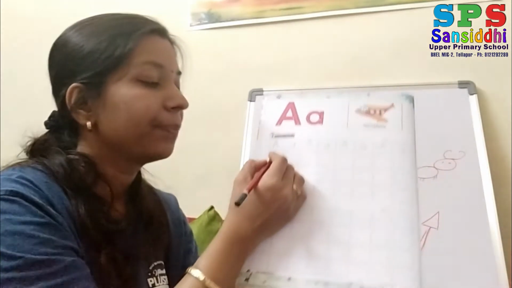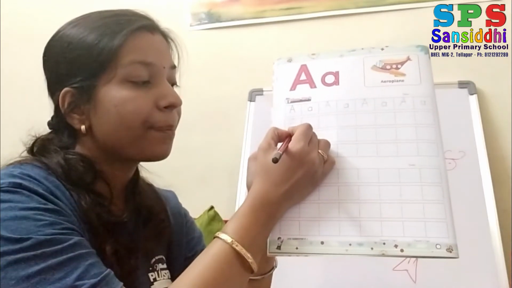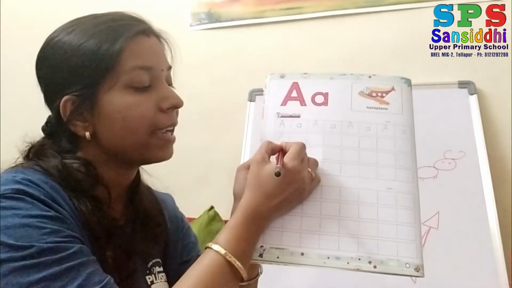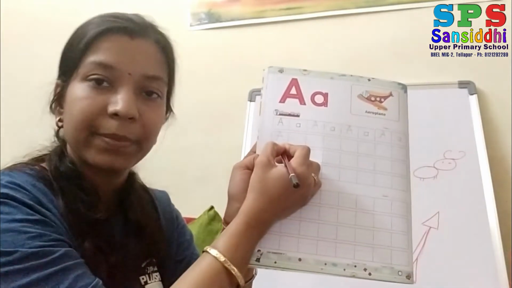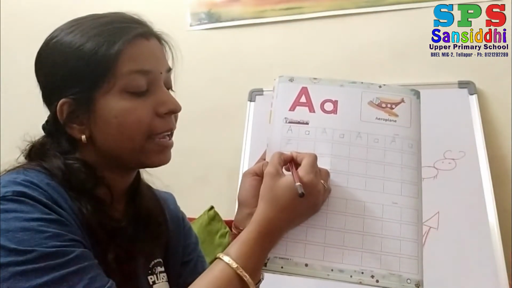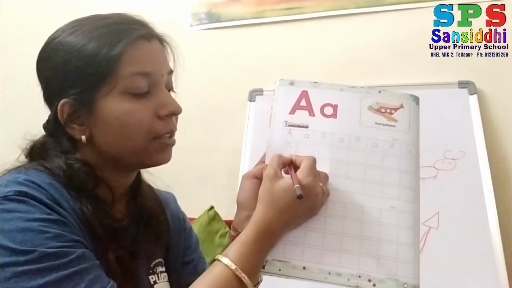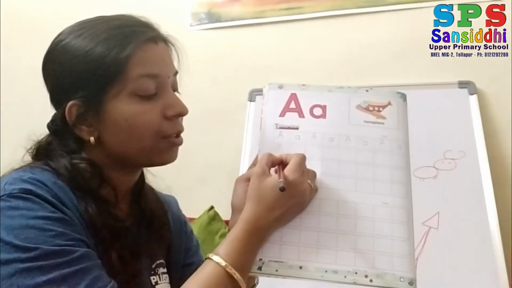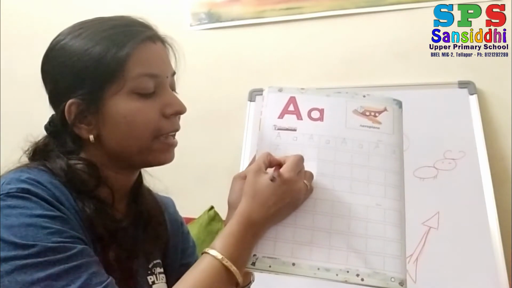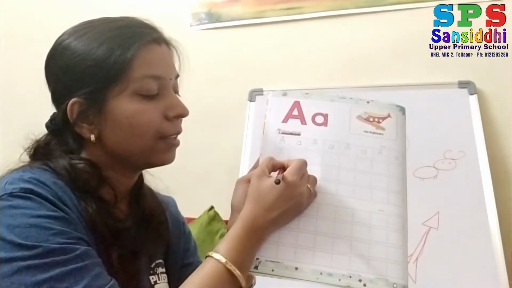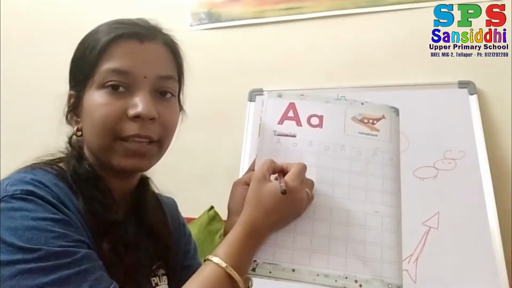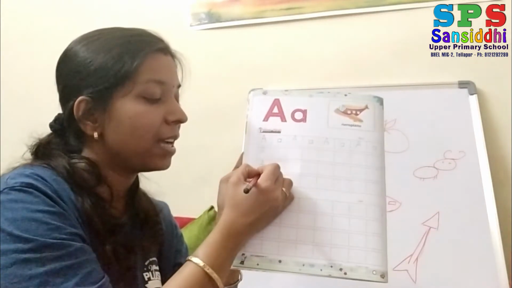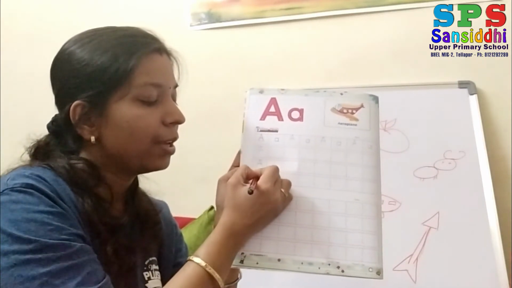Capital A. Again, up red line to down blue line, one right slanting line. Again up red line, from the same place you have to draw. Again keep your pencil here. Now up red line to down blue line, one left slanting line. So right slanting line and left slanting line. Then you have to join these two slanting lines with a sleeping line. So in the middle you have to draw one sleeping line. Then it's a capital A. Again the same thing you have to do.